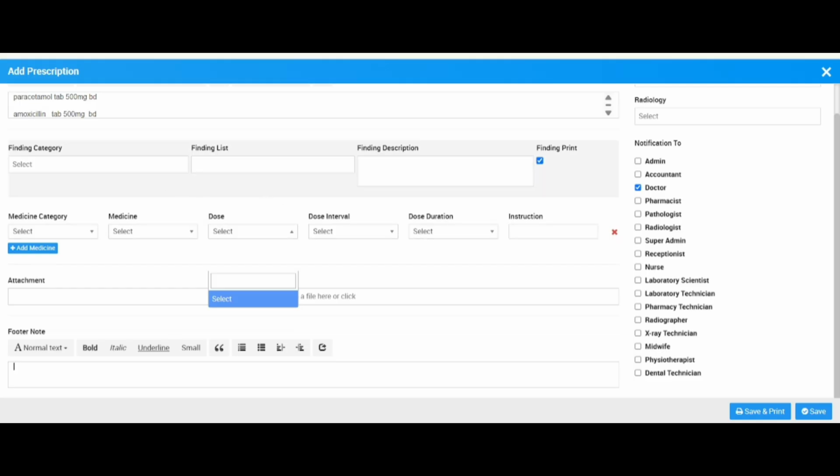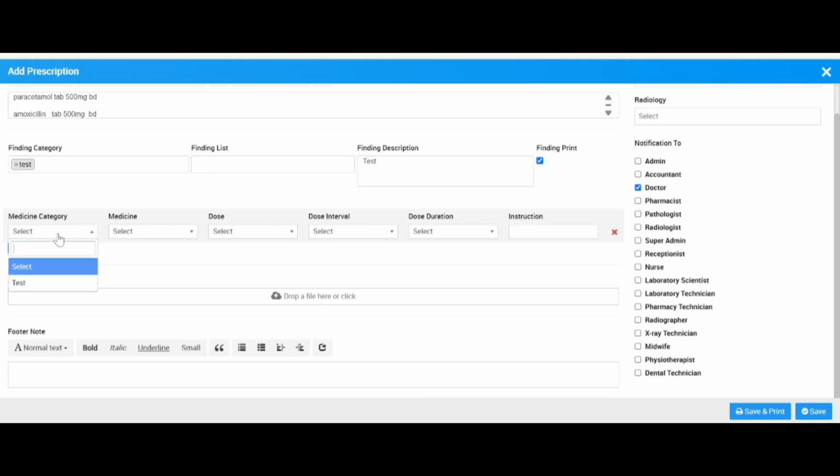So let's choose finding first. You see the finding, we choose test. Here I will change this to maybe general finding list, so that you can just choose it as a dummy. But you can add all the finding categories, go there, and add the list exactly, so that it will appear. The medicines, we already have most of them here. What you will do is to come here. This one I will also change to